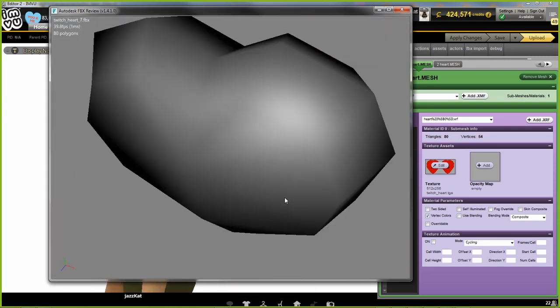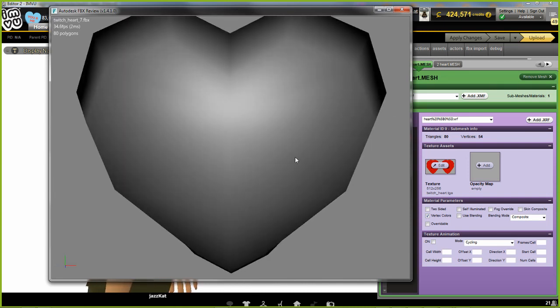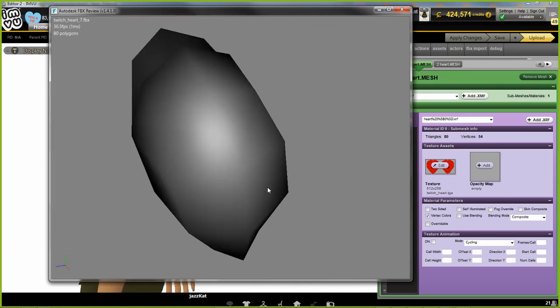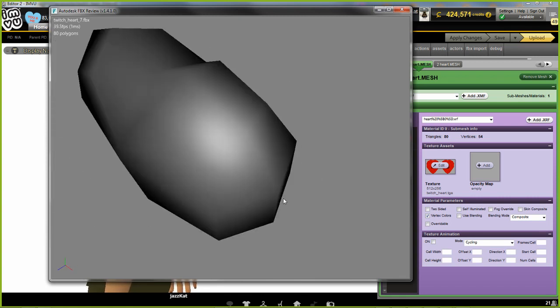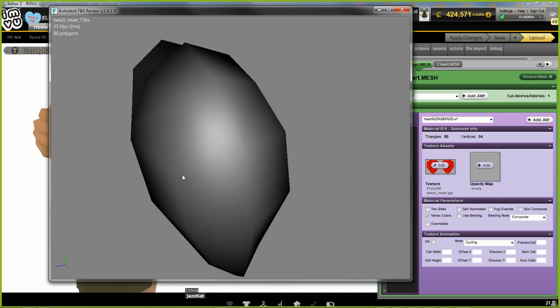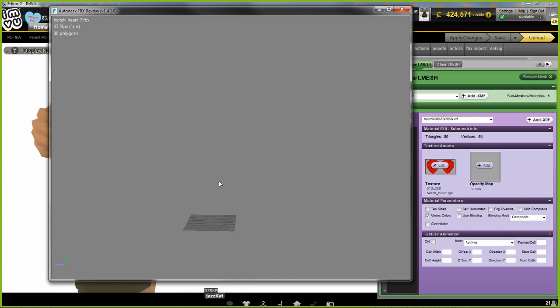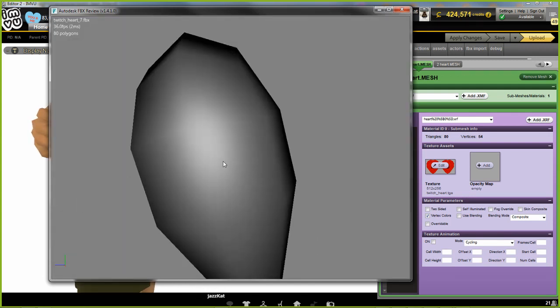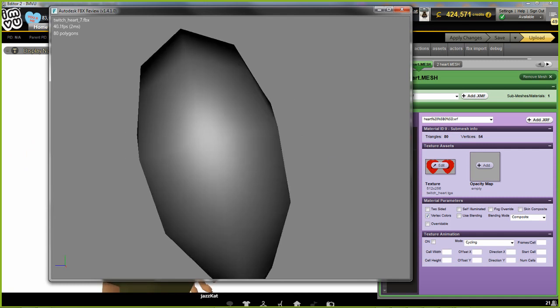Ah, there we go. Right, so you can load in an FBX file. And what this normally allows you to do is, this is just the mesh on its own, so there are no skeletal elements. But what you can do is load in an FBX file, and the FBX Review program